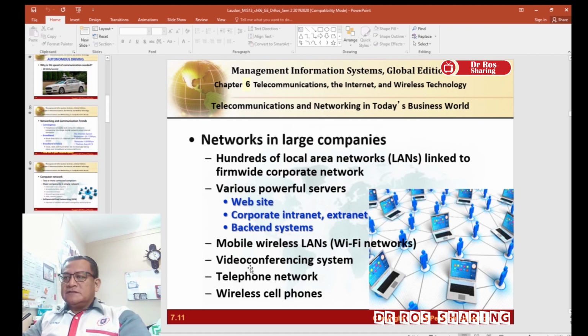So it forms as networks in a large company like Petronas. And within the network of larger companies, normally they have very powerful servers to host the website, the corporate intranet, or Petronas connecting to other Petronas. For example, Petronas Malaysia connecting to Petronas, for example, Sudan. So that is a corporate extranet, and this network and server serve as a back-end system to host all the